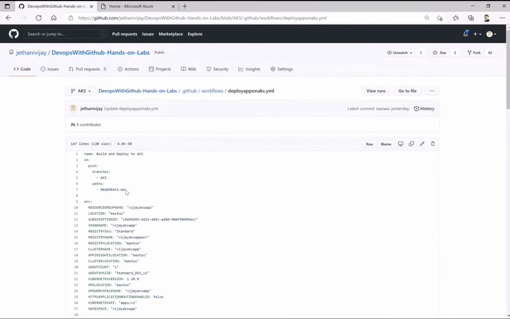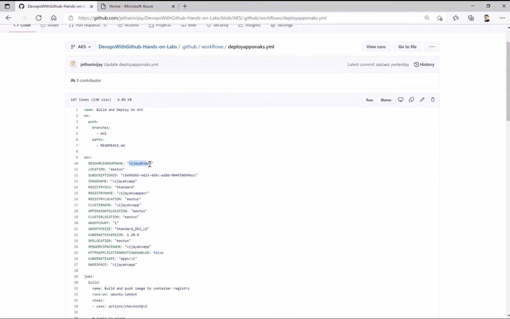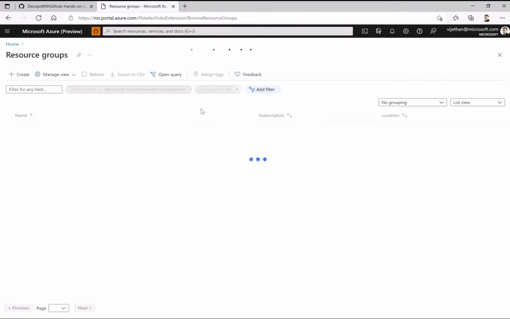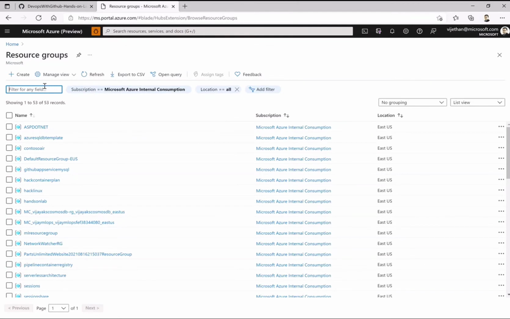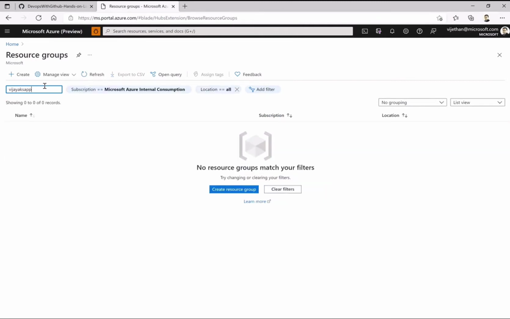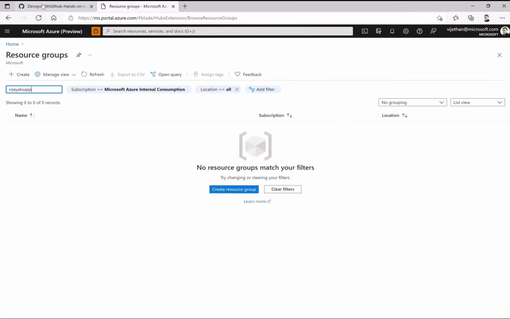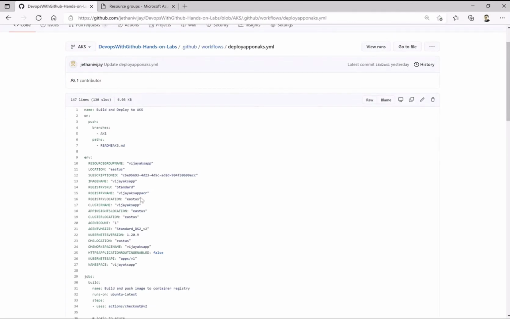Again, I need to do the modification to readme aks.md. First of all, let me check whether I have the Vijay AKS app already present or not as a resource group. Ideally it should not give me any problem, but for my understanding, I just want to make sure that you see resources created right from scratch, each and every one, otherwise it will be hardly anything if we just code deploy, right? So I don't have any such. AKS app does not exist, so I should be able to do that without any challenges.